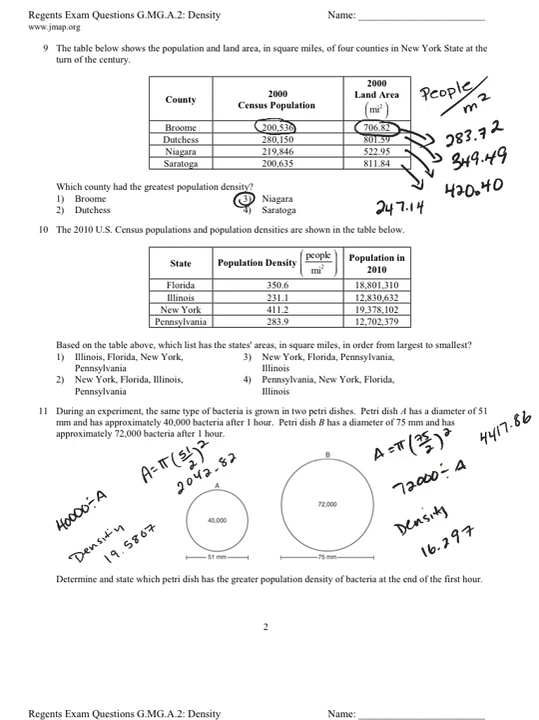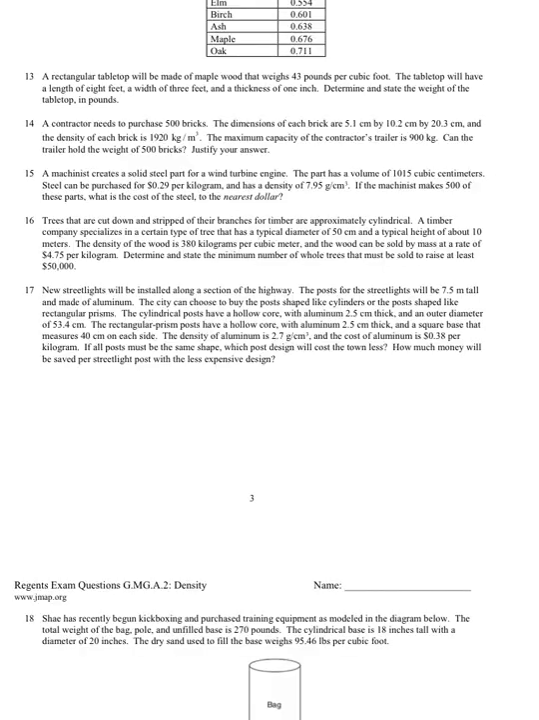Okay, so I determined it. Now I have to state it. So I would say Petri dish A has the greater population density after the first hour. At first, when I looked at number 13, I thought, oh, they won't have a problem